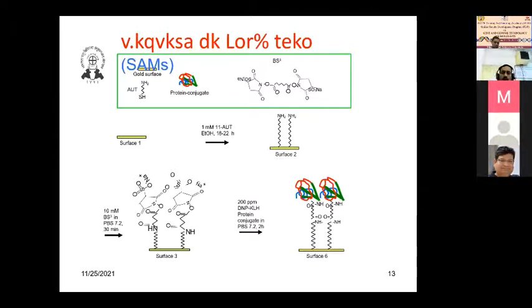So these are the organic molecules which make a self-assembly, as shown on surface 2 in the picture here. This is the amino terminal here, and on this you have either an amino group, a carboxylic group, or a hydrazide group. Then there is chemistry available for linking your biomolecule. So there are certain definite chemistries available, and here you can cross-link.